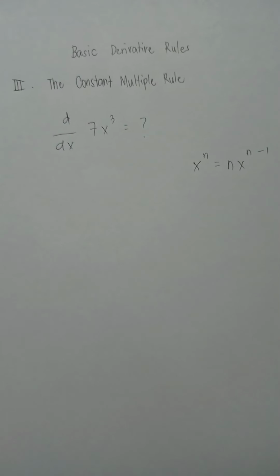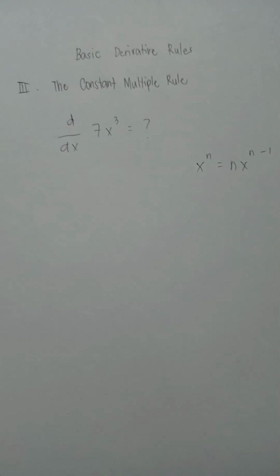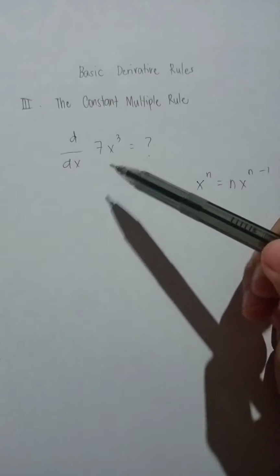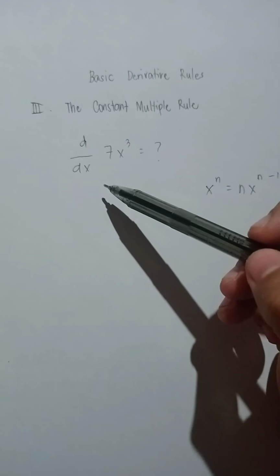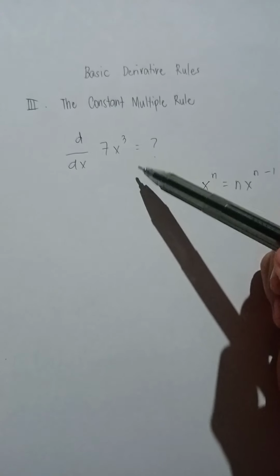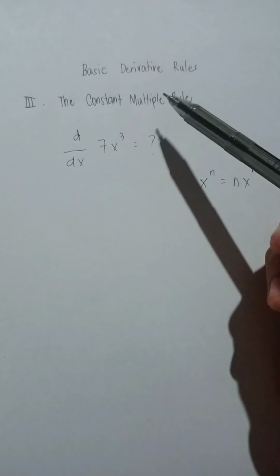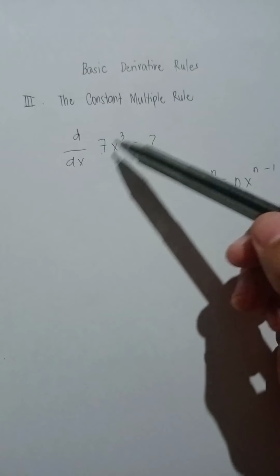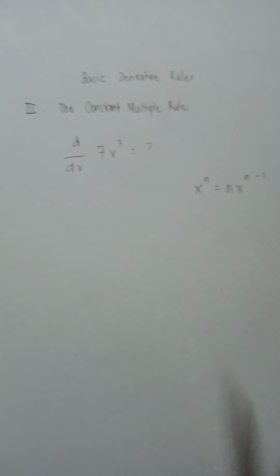So, good afternoon, guys. Now let's move on to the third basic derivative rule, which is the constant multiple rule. So, we have already an example. The derivative of 7x cubed is equal to blank. By the way, in the constant multiple rule, it involves a constant and an exponent or a power or a